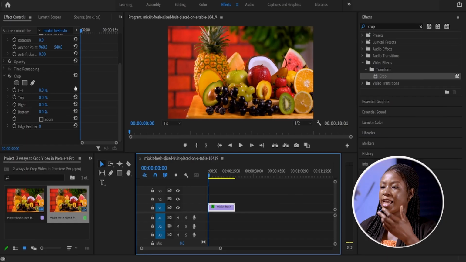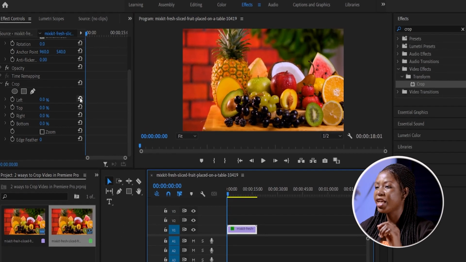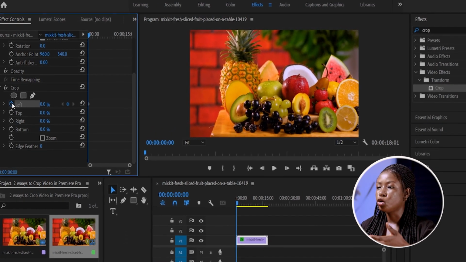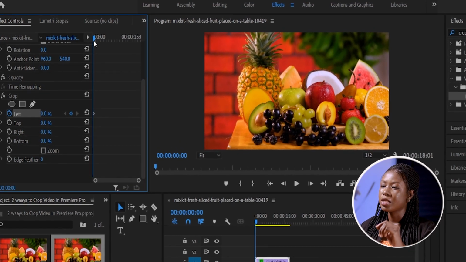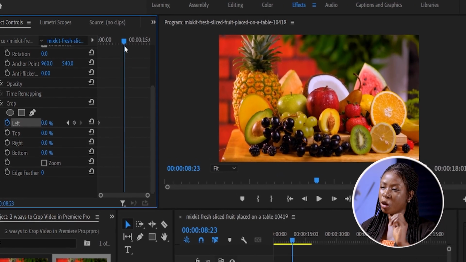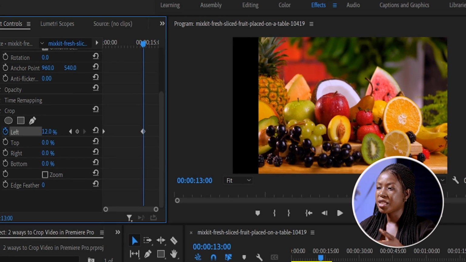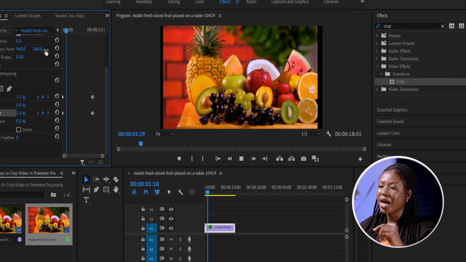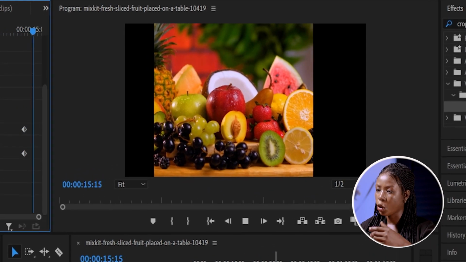So if you want to add some animation to your video, select the footage you want to crop, then pull the cursor back to the very beginning and go to Effect Controls to create a brand new keyframe on the left by pressing the stopwatch icon or the toggle animation button. Move a few frames to the right and then we'll increase this value. If we play back the video, we'll get this animating crop effect happening on our video.